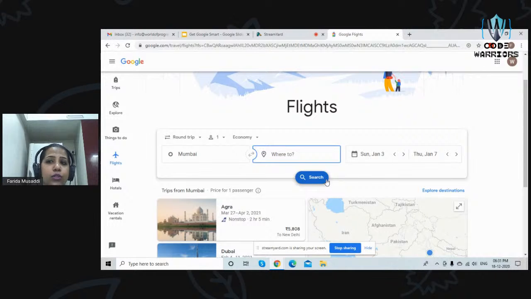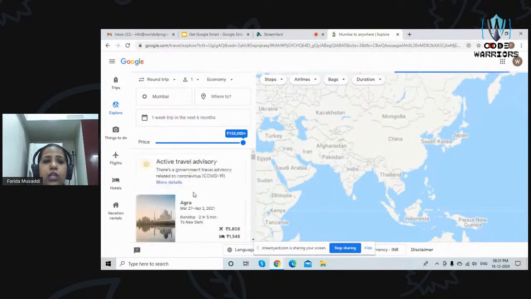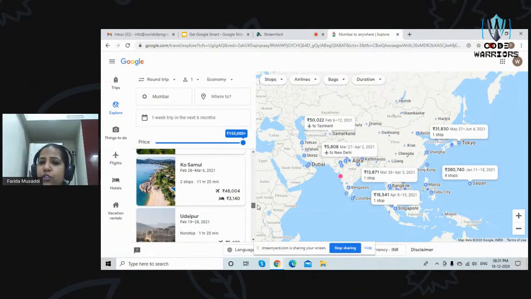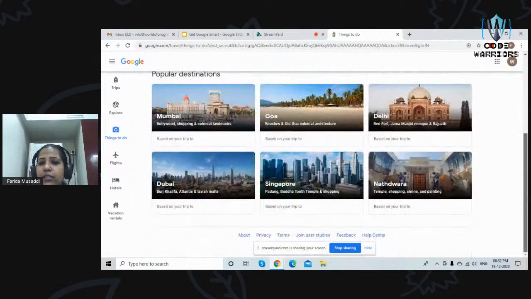Here in Flights, they also have added features like trips and explore. So suppose you're planning a trip to somewhere, you can go to the explore section. You can see all the different packages that they have. So not only do you book tickets, but you also can book tours, and you can also explore different options over here. So that's Google Flights. What are the different things to do in a particular place? You can search that. Only related to travel. It's a travel portal by Google, which you can use extensively.